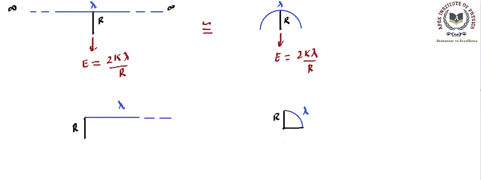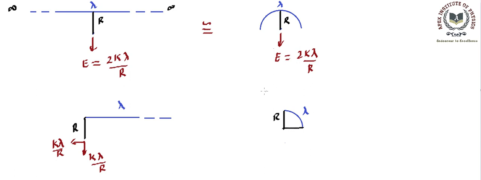One was in the perpendicular direction, so at this r distance we had this component and we had this component of field. And if you remember the previous lectures, you will find this field came out having components k lambda upon r and k lambda upon r,